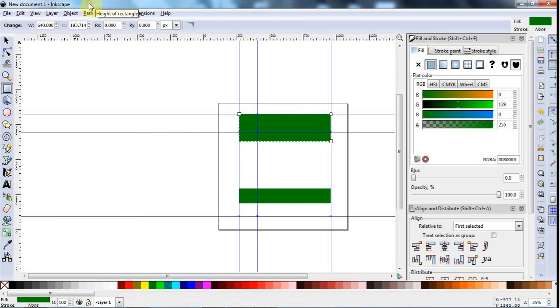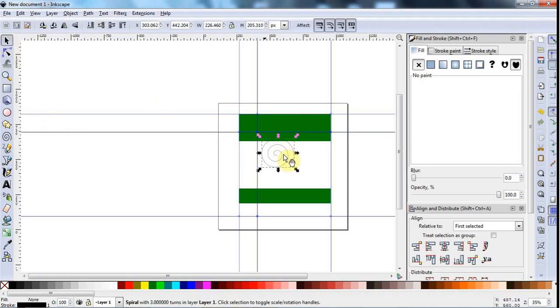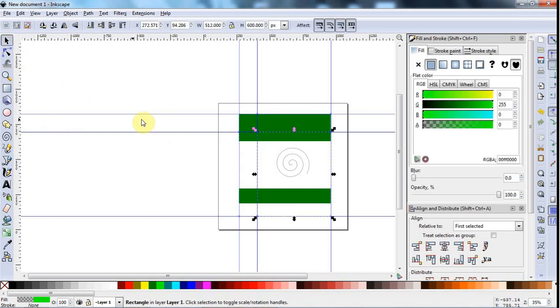Let's have a little logo on the front. I'll just use a spiral here actually, and just put a spiral there, and I'll click the selector tool and move that to the middle roughly, and it's snapping to my rectangle here, but I'll use the down arrow key to move it down to where I want it, and I'll use the tab key to select the front of the box,